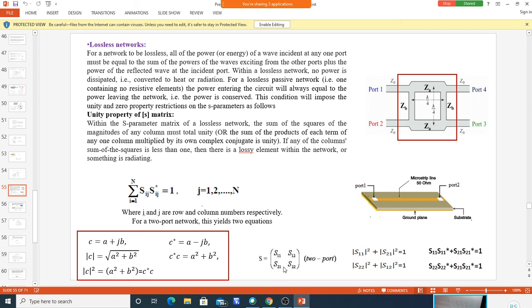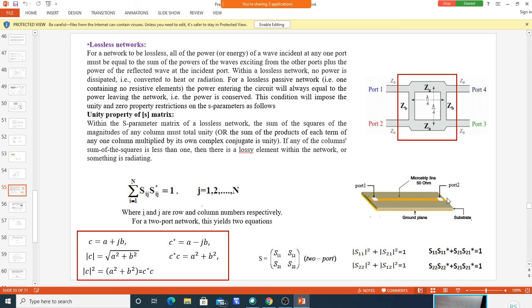You can check from the S parameters. For example, it is given here. You measure the power in a two port network like this. Whatever power you are inputting here must be equal to the power coming out here. Not only that, the power coming out and the reflection from here you have to consider, because a part may be reflected here. You take the power going out and the reflected power, add the two, and that must be equal to the power incident here. Usually that is 1 watt.